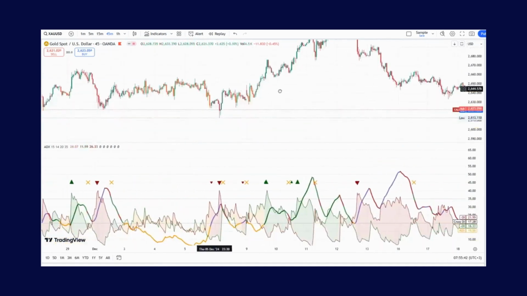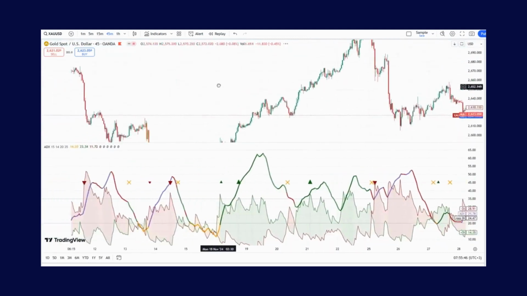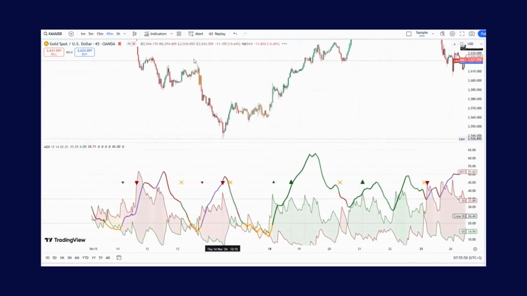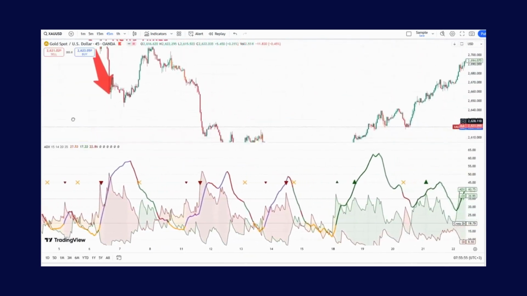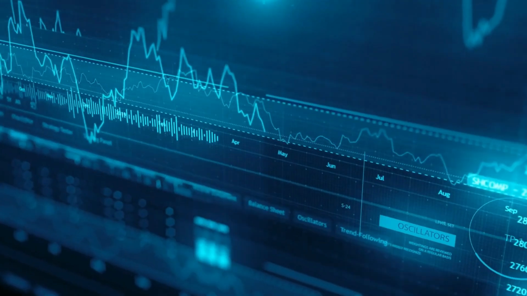Generally, the ADX indicator is an invaluable tool for traders seeking to understand market trends and their strength. When used on TradingView, its ease of access, customization options, and ability to integrate with other tools make it highly effective. Whether you are a trend trader or prefer range-bound strategies, the ADX can help refine your approach and improve your